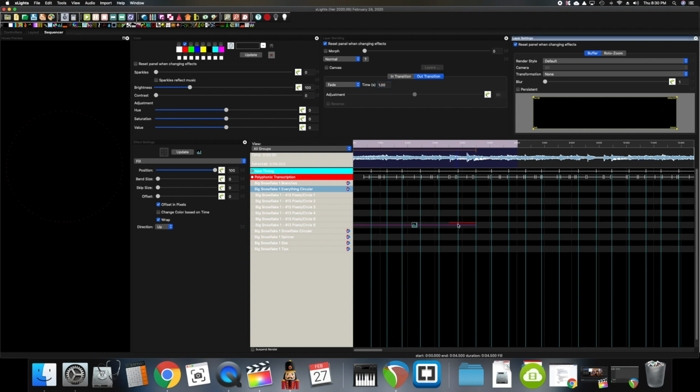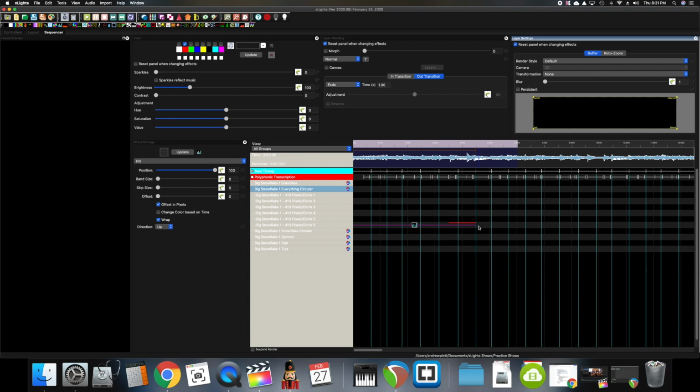You'll see this red bar. That's how long it's going to take to fade out. So let's see what that looks like. Okay, so it fades out, and then I want it to hit again, but since it's kind of a hit and a fall,